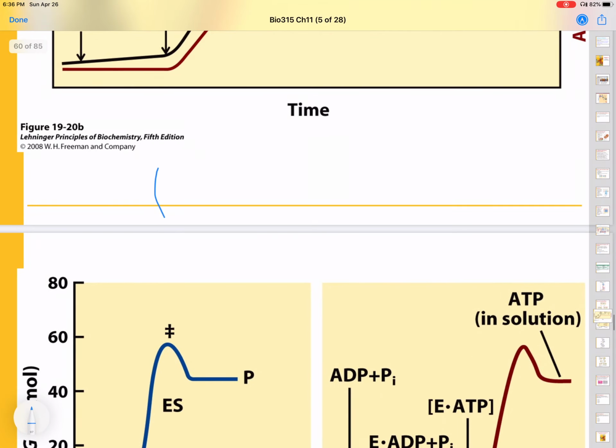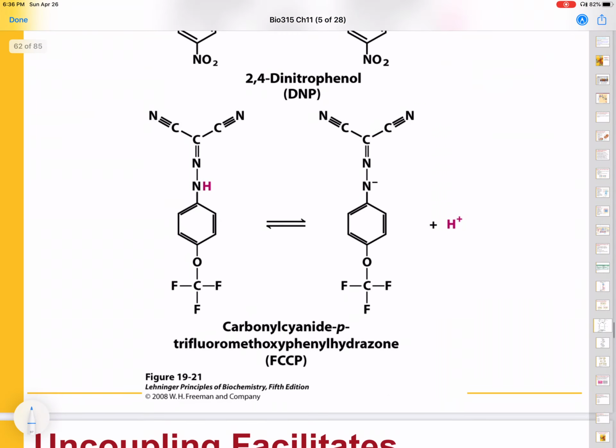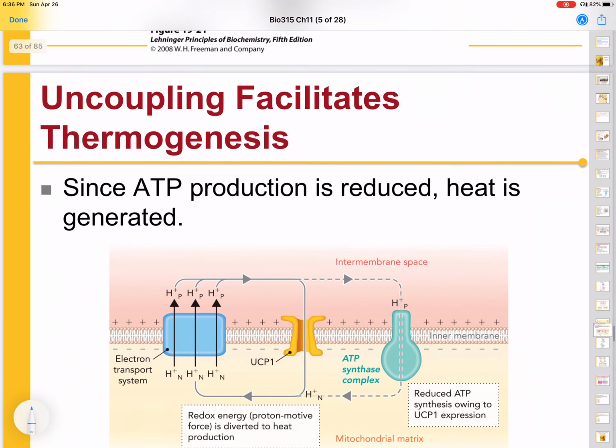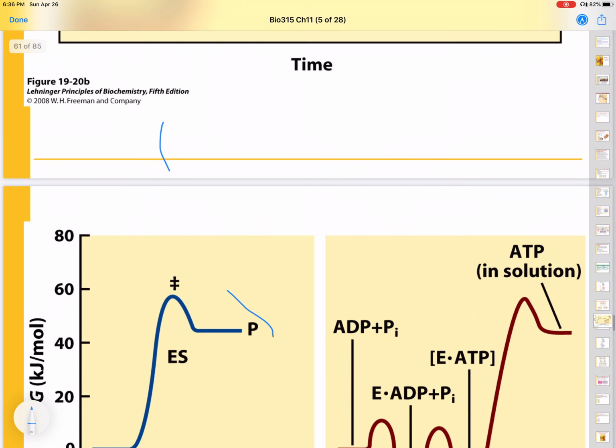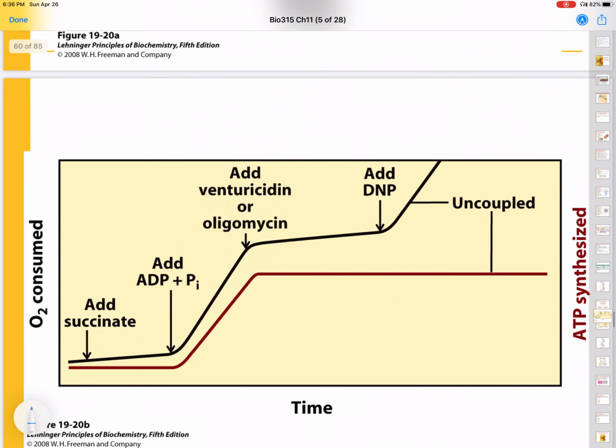There's some really good kinetic information that comes out here, but we won't go into it for this lecture. I might do that in the live class though. But I think just in terms of data interpretation, it's important to go through this one. And so here, this says kind of two things. One, ATP production